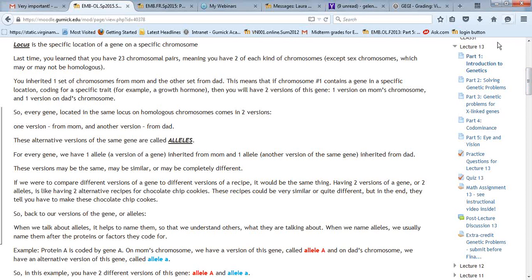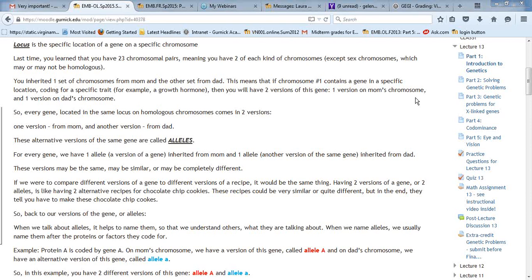So that means that if chromosome number 1, for example, contains a gene in a specific location coding for a specific trait, for example, a growth hormone, then you will find another version of that same gene on the mom's chromosome. Remember how I gave an example of the 2 recipe books on the same page, for example, on page number